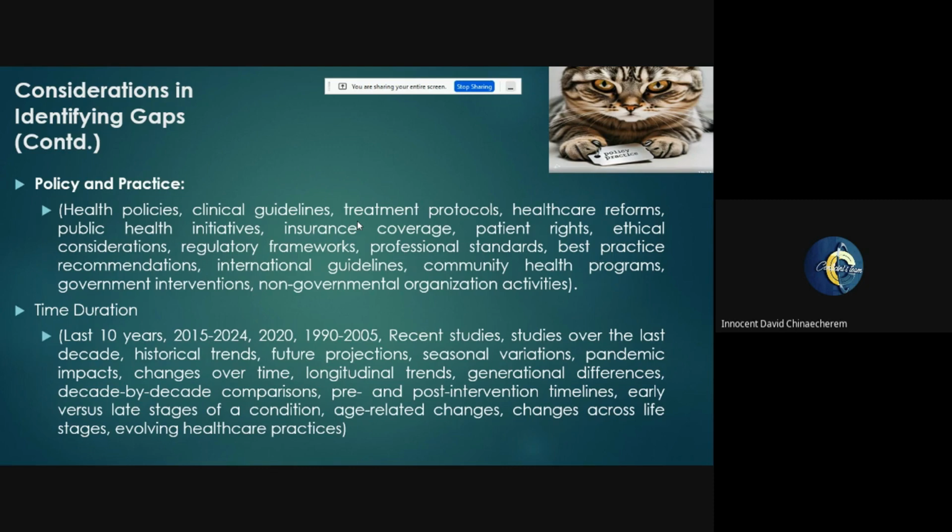Also, it can be in terms of duration, maybe it was conducted in the last 10 years, 2014, 2015. Sometimes it could be the same research topic, but you now want to provide an update. Maybe something that was published in 2012, you want to provide an update. So that's the gap in literature. Meaning that when you conduct it now in 2024, it's possible that the result might change. Remember that the idea of a gap is that there is something unknown. So regardless of the fact that it has been conducted before, because of time duration, you want to look at it from a more recent perspective and then practically get everything in order.